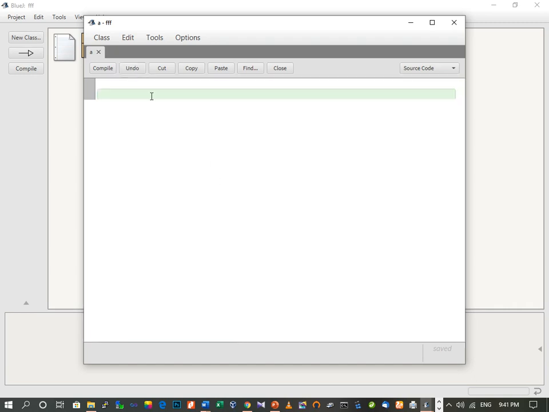In this program, we are going to display whether a number is greater than the other one or not. So we'll provide the comment: program to find greater number.